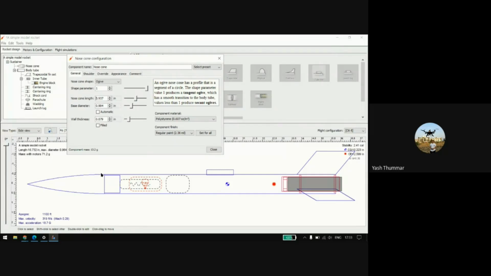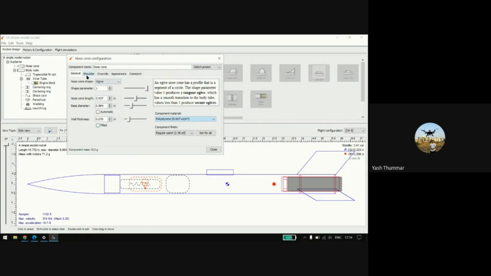Whatever material you use, you can see the materials here. Each material has some thickness, and cardboard, polystyrene and other materials are given here. So it depends completely on the thickness you use, and on whether you purchase the material or cone directly from the market, or make it yourself, maybe 3D printed or something. It depends on that.